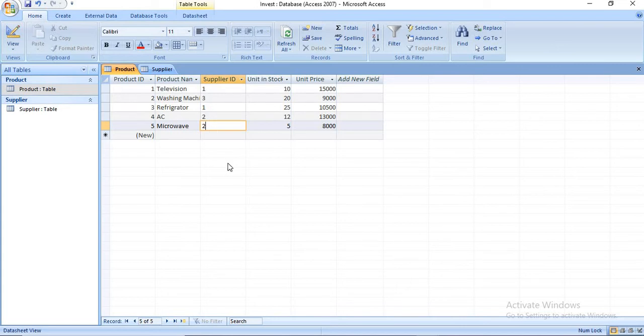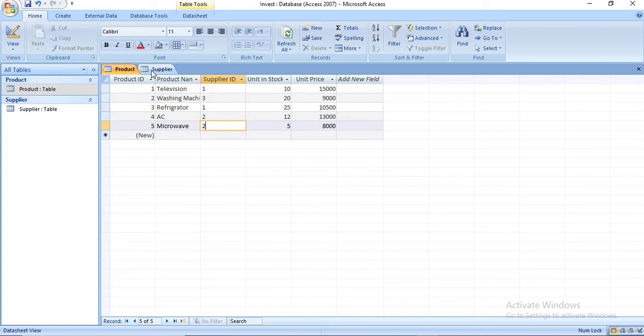Understand? If you do not understand, I will explain again. Okay, just remember: supplier ID or any ID will be auto generated in Microsoft Access. So in your book they give it just for reference that you have to add an ID, but we are adding the supplier table information.